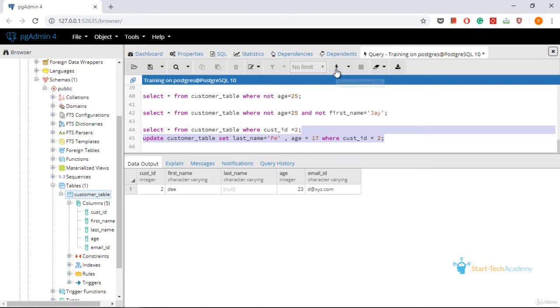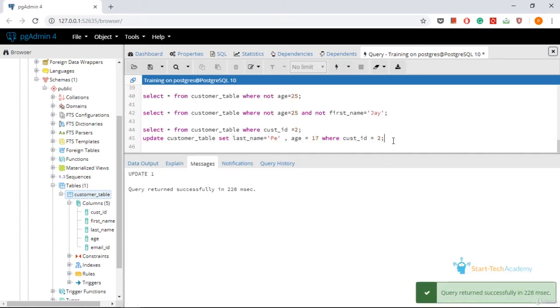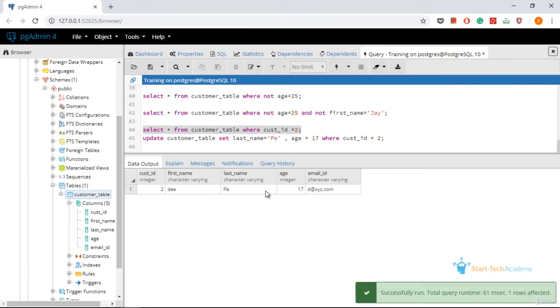Let us run this. One value updated. Let us go and check. So you can see the last name of the customer is updated to P and age is now 17.